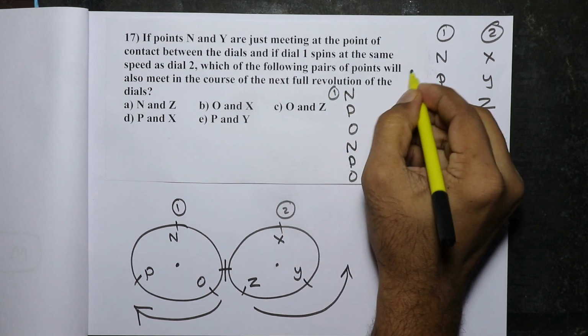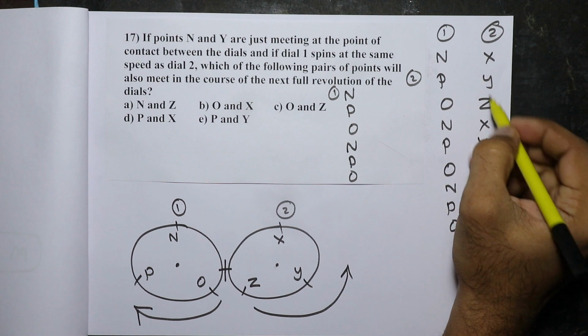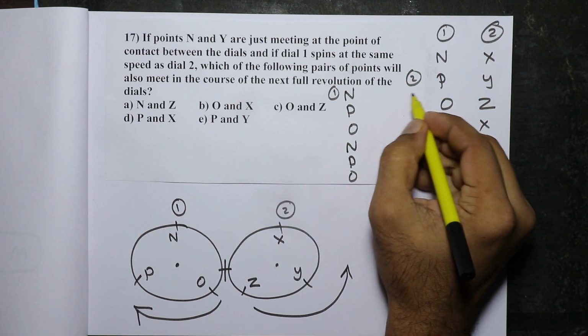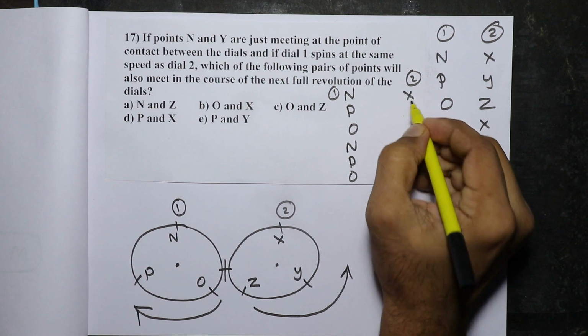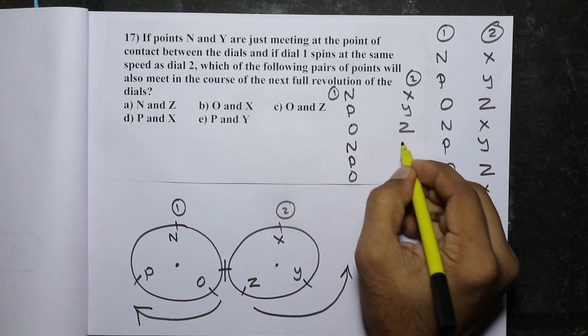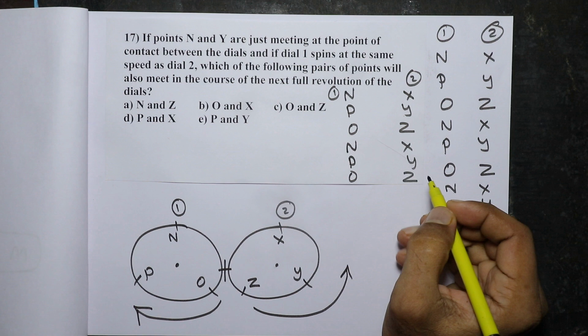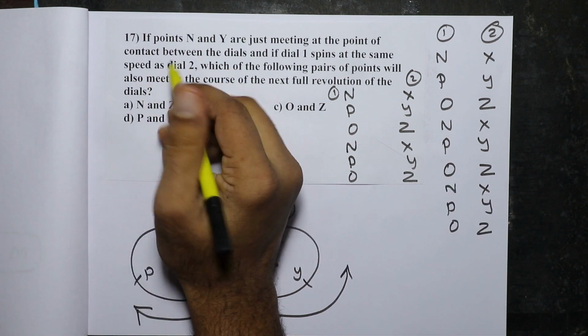Now we look for dial 2. In dial 2, it is XYZ, XYZ like this. So in this order, the points will be in this order. So there will be X, Y, Z, X, Y, Z. Now the data that is given to us,